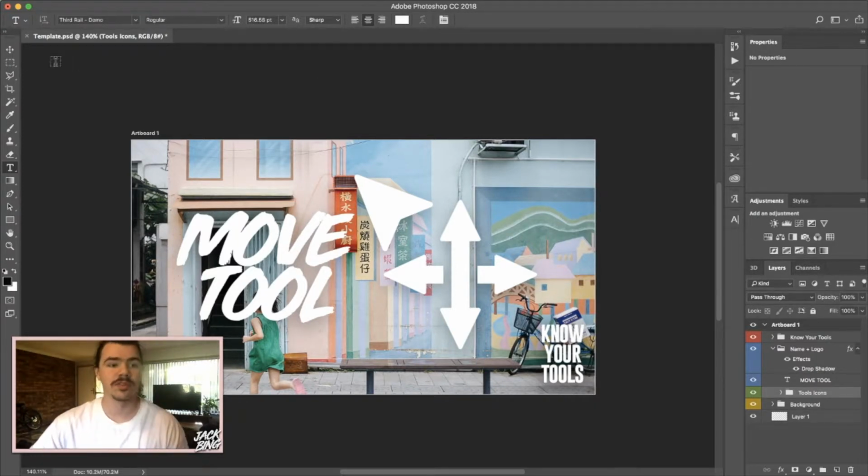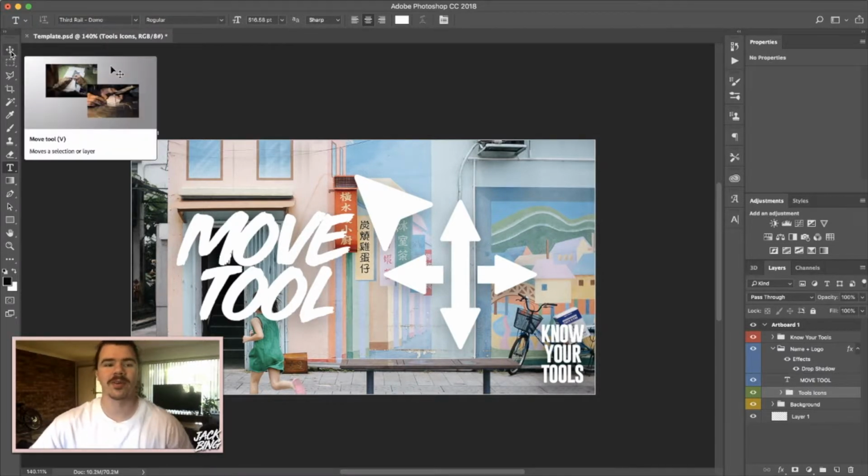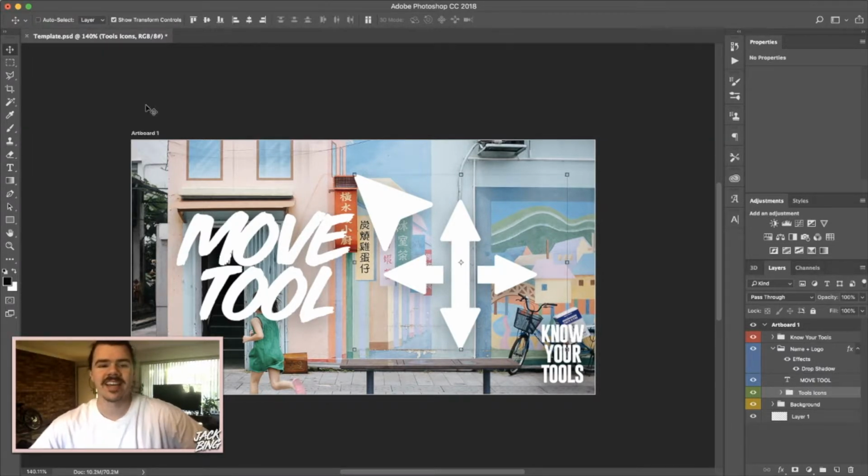We're going to do the Move tool, which is this one right up here in the corner. It's the very top one on the list, and you might be thinking, oh, the Move tool, it's a super easy one. All you're doing is just moving things around with it, right? But I think I'll be able to show you a couple of ways to use it better and more efficiently. So to start off, exactly like it sounds, the Move tool is used to move around